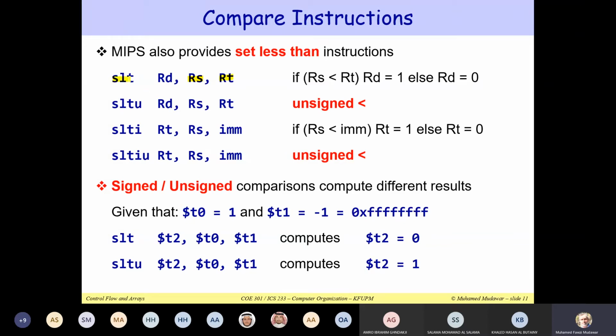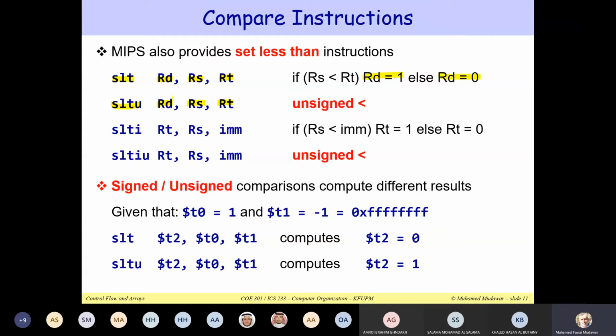This is set less than and set less than unsigned. They are of the R format, the R type. So we are comparing 2 source registers, RS and RT. The result is either true or false. So if the result is true, we write 1 into RD. And if the result is false, we write 0 into RD. Okay? So we have here 2 compare instructions, set less than and set less than unsigned, that will compare 2 registers, RS and RT. The result is either true or false, so true here is 1 and